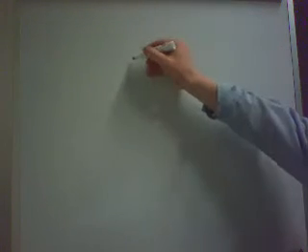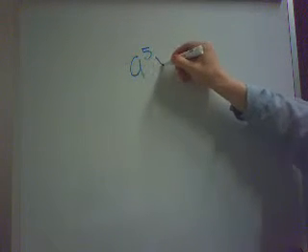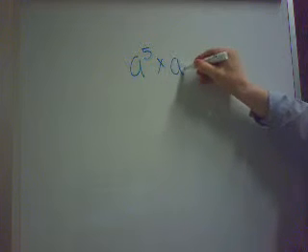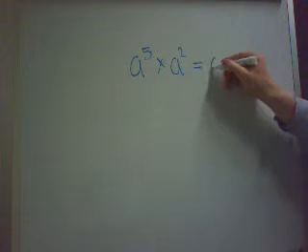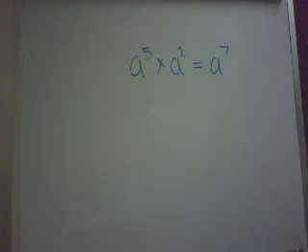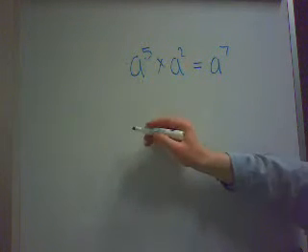First of all, we're asked to simplify a to the power 5 times a to the power 2, or a squared. Well, we can think of this in terms of the indices rules. In this case, the expectation is that we would add the indices, and that would give us a to the power 7. Just to see why that's the case, a to the power 5 just means